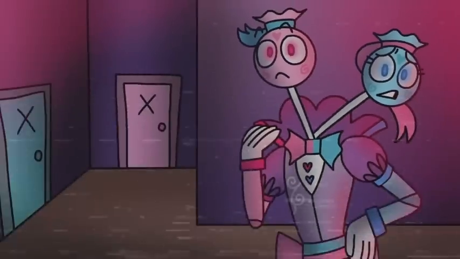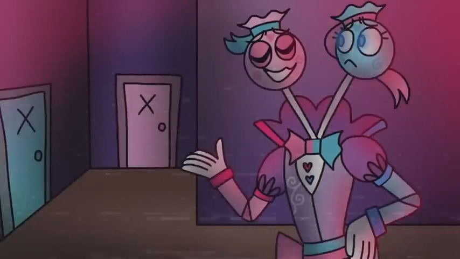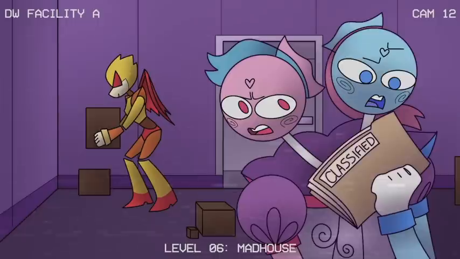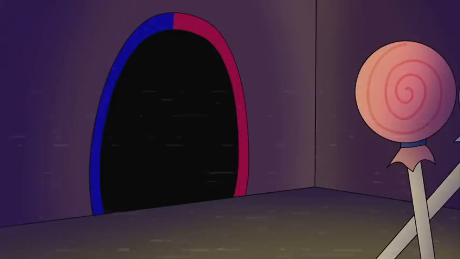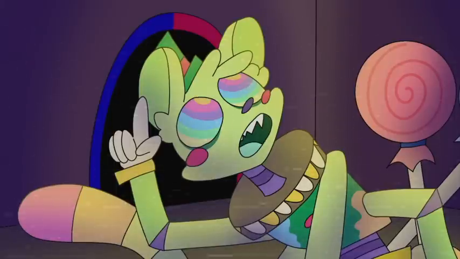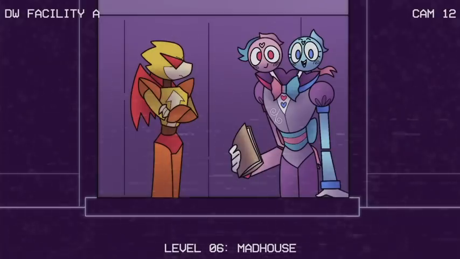The Madhouse is the 6th descending level of the facility and is Lollipop's attraction. The level consists of a maze-like haunted house that includes false walls. The Lollipop animatronic would interact with guests as they explored the house, playing games and pranks with them. The Madhouse is home to the Haunted House private event where guests could have a Halloween-themed party at any time of the year. Partygoers could sneak through the haunted house and scare fellow players with Lollipop and learn how to